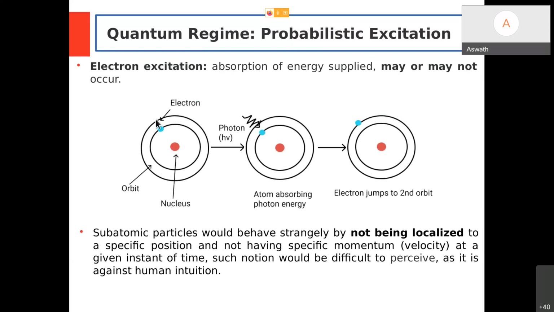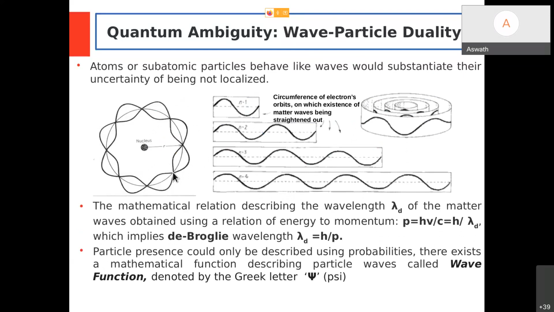It moves possibly with a very high velocity, so I can't specify its location with 100% accuracy. There always exists some kind of error in the position as well as in the momentum, right? So the only way of expressing that kind of inaccuracy or inadequacy in explaining things is through using waves, right? What I mean by that, let's concentrate on only this side of the figure. Let's take that there is a nucleus, there is an orbit, right?